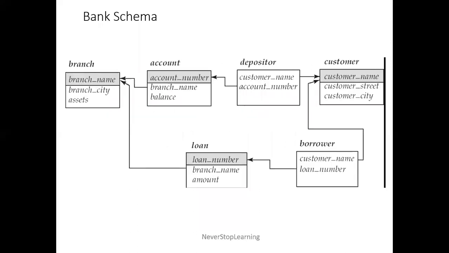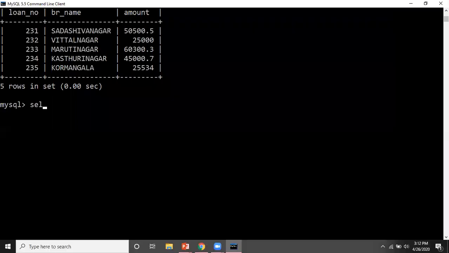So whenever we want to talk about customer names who have accounts, we go with the depositor table, right? And we are talking about accounts at a particular branch. That branch I will get from the account table, because the depositor table does not have the branch name. So the branch name I can access from the account table, and the customer names, those who have accounts, I will get from the depositor table. Okay, so let's start the query.